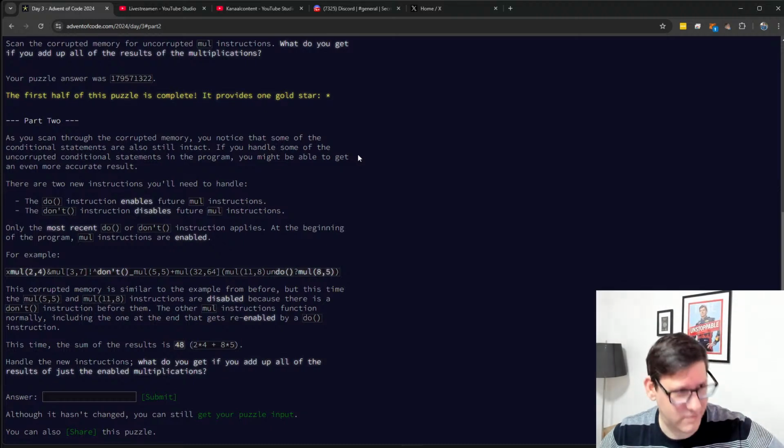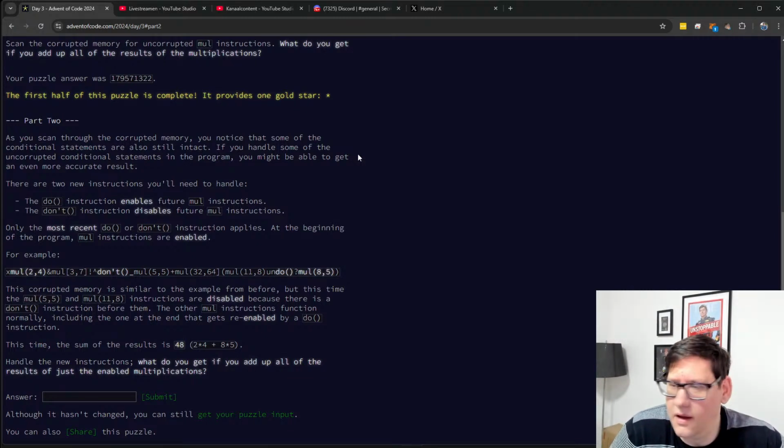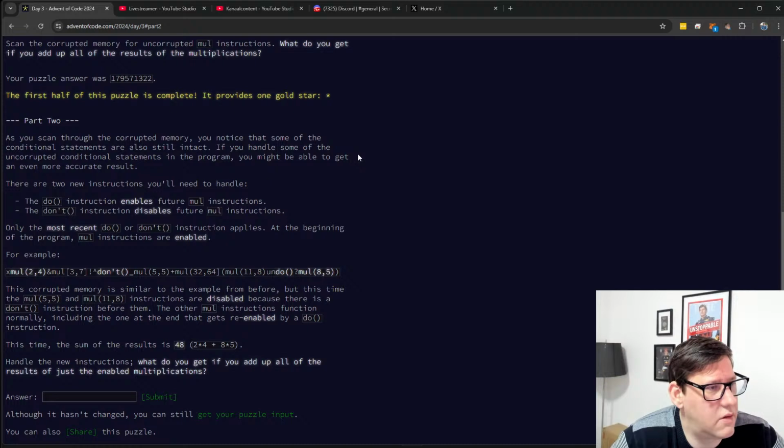Let's see. As you scan through the corrupted memory, you notice that some of the conditional statements are also still intact. If you handle some of the uncorrupted conditional statements in the program, you might be able to get even a more accurate result. Okay, there are two new instructions that you'll need to handle. The do instruction enables future Mull instructions. The don't instruction disables future Mull instructions. Only the most recent do or don't instruction applies. At the beginning of the program, Mull instructions are enabled. Okay,